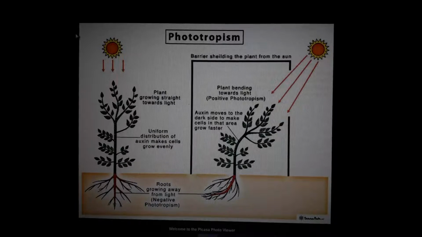Understand? Okay, my dear kids, that's it. I hope it was an interesting class. Phototropism is very important. You must study that. Only 2 or 3 types of movements are there in plants, and we will wind it up. Okay, then bye bye.